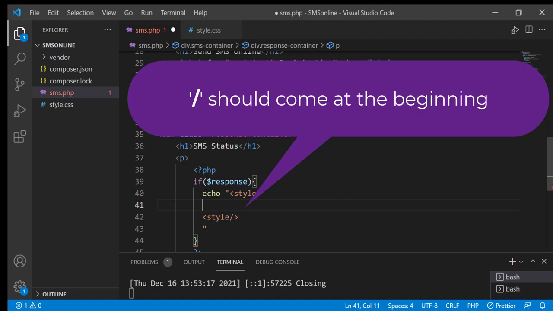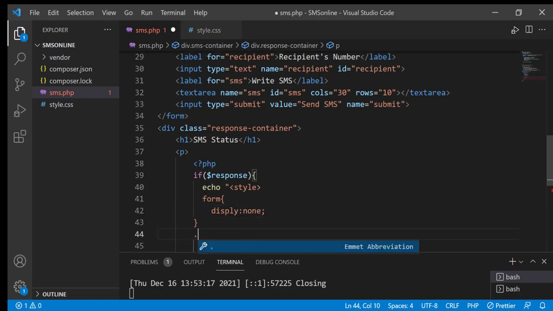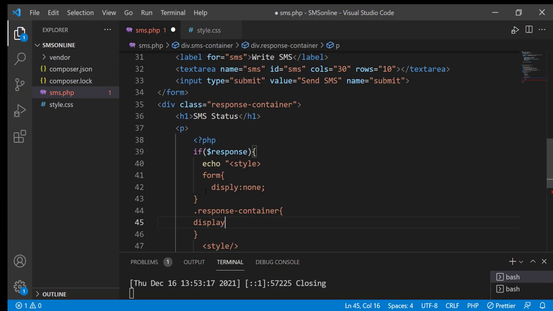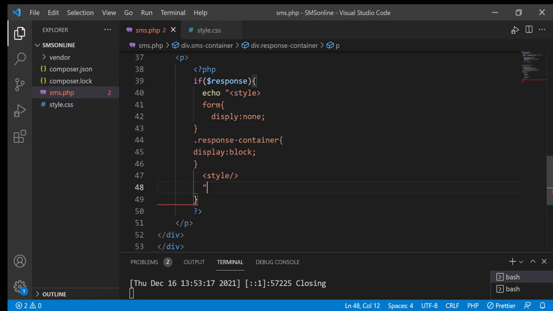Now within this style tag, we have to access our form HTML element, and we have to set its display property to none. The second thing that we want to do is to set the display property of the second div, which was response container, to block. Next, let me put a semicolon. Okay, after making the form disappear and the second div appear, now we need to append